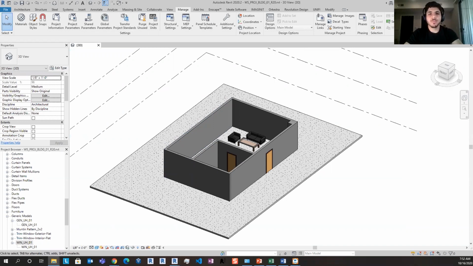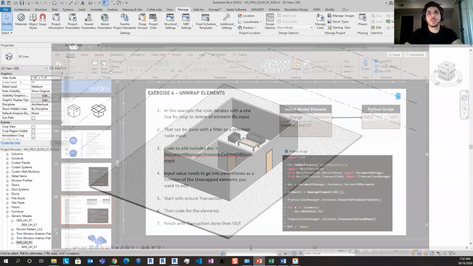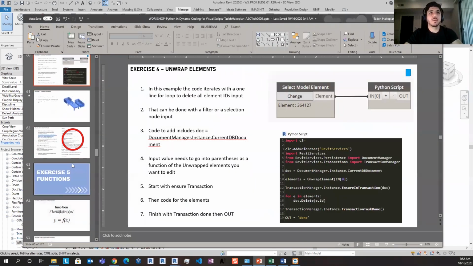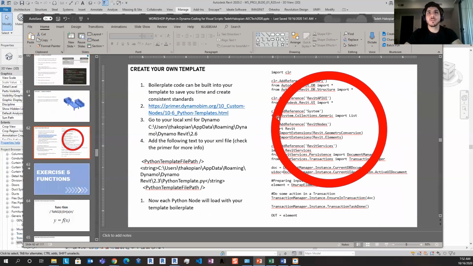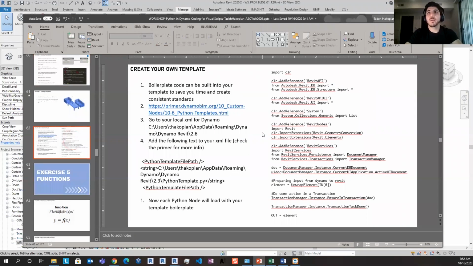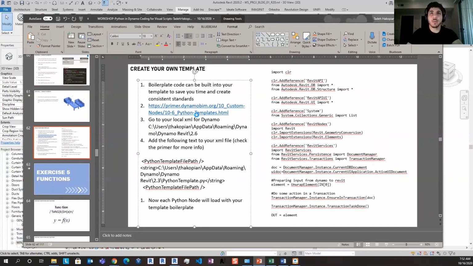Let's go back to the presentation real quick. Let's take the circle out, because that was a note for me, don't worry about that. So let's say, great, I don't want to write this out every time. How do I do this myself? Simple as, I actually put the link in here, from the primer. If you ever want to see a good example of documentation on tools, the primer is a really great example